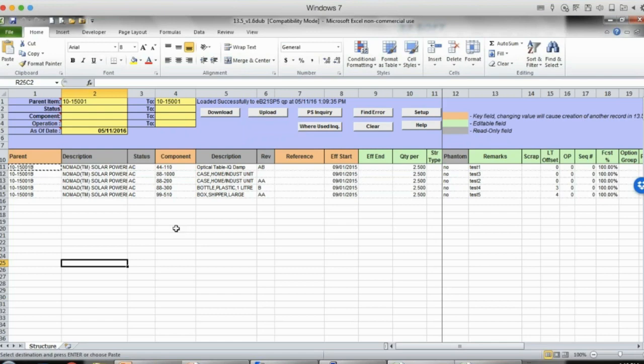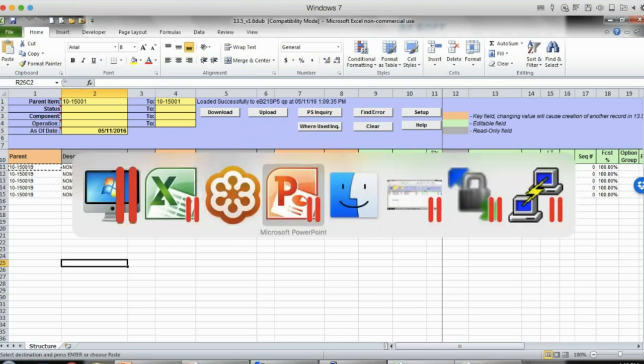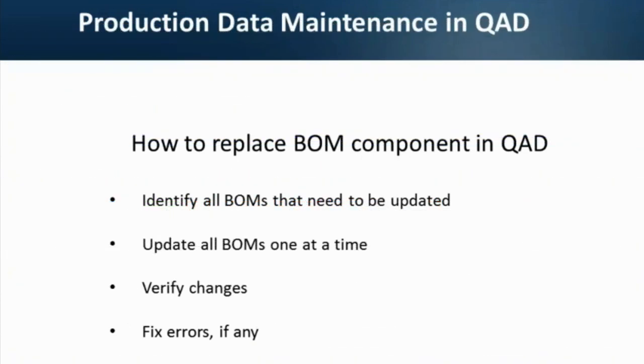But what will be our actions, risks, and benefits if, for example, we need to selectively replace a component that is used in many BOMs with a new one? What will be our steps in QED? First, we need to run QED report to identify all BOMs that will be affected by this change. Then, after analyzing the report, we need to go into each single BOM via BOM maintenance menu in QED and